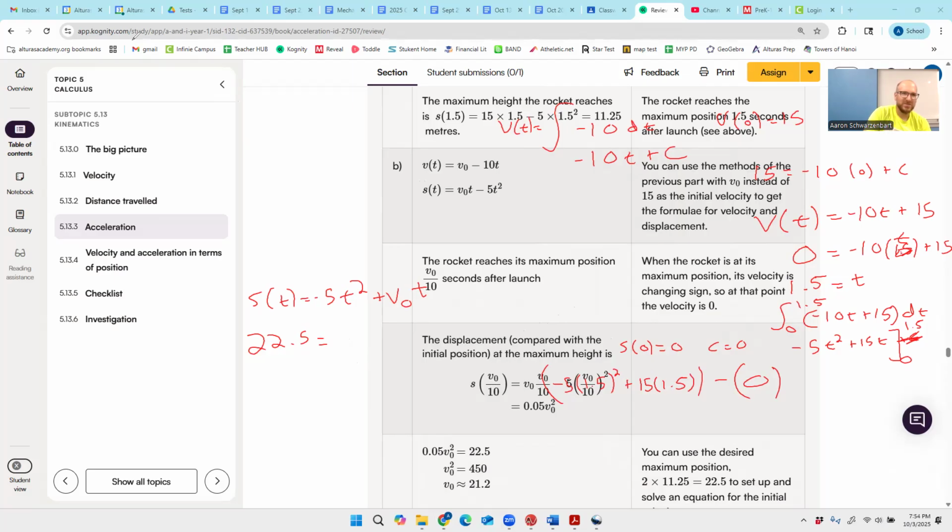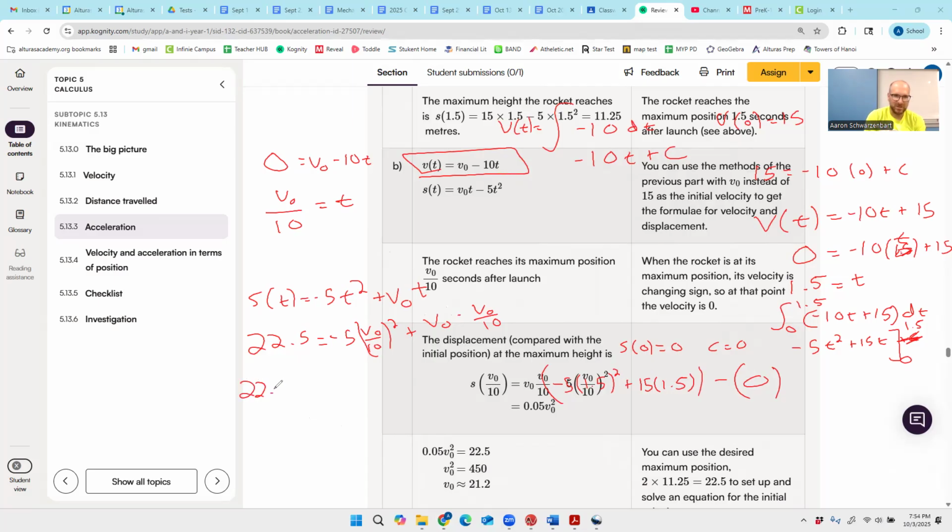I also know this useful piece of information that at the top, 0 is going to equal V0 minus 10t. So I'm using this: at the top, the velocity is 0. So V0 over 10 is going to equal t when I solve. So I can do negative 5 times V0 over 10 squared plus V0 times V0 over 10,